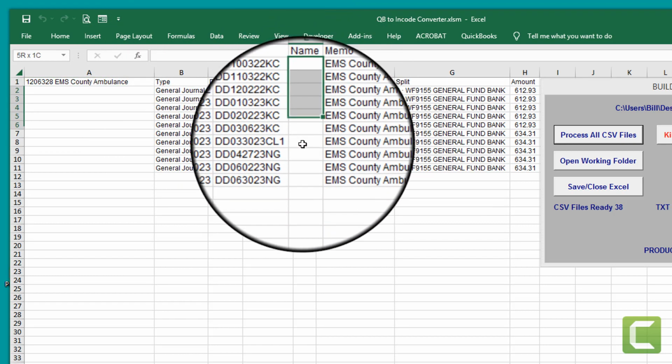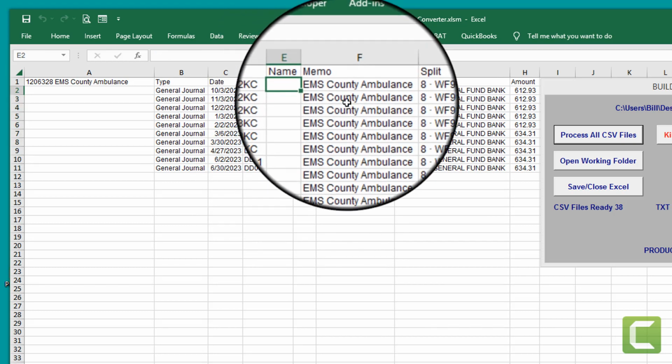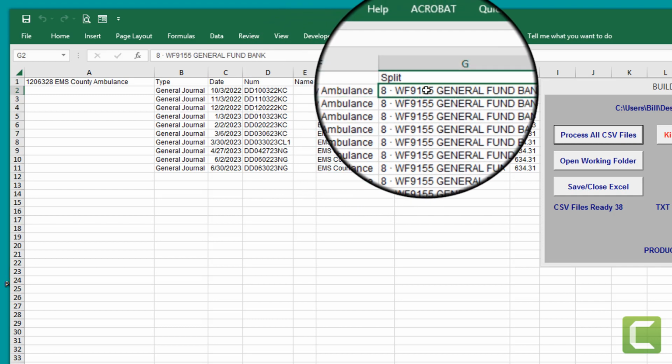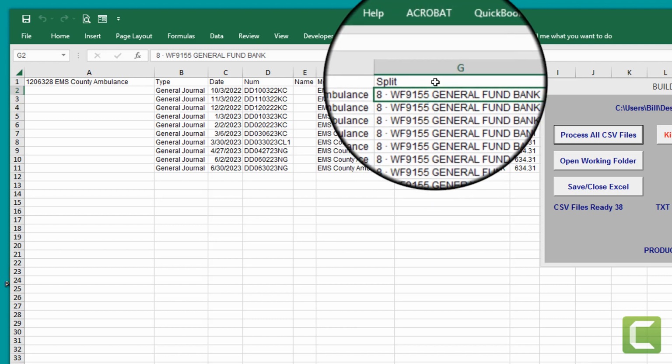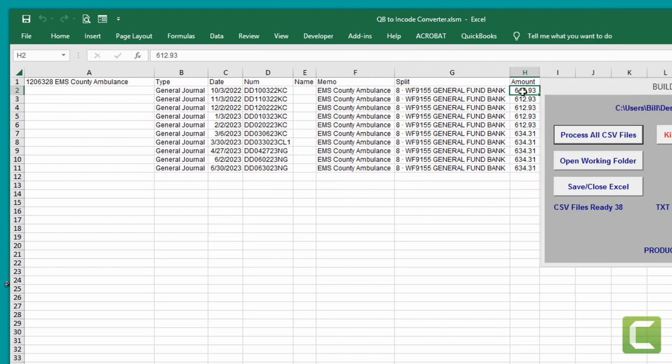Most of the time, the journal entries don't have a name, the automated journal entries we use. This is a memo. This is how it's split between what bank and what account, or it went into this bank, but it also credited this account. And then, of course, the amount. And we are on EMS County Ambulance.